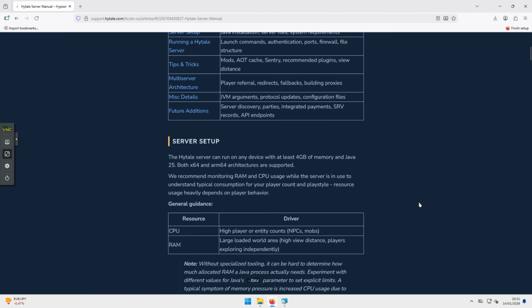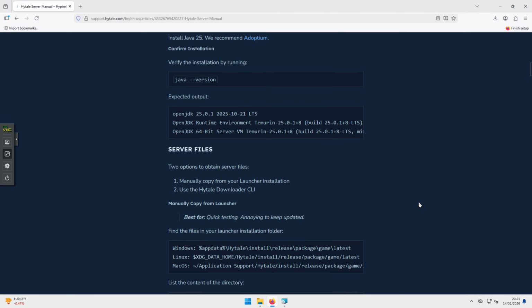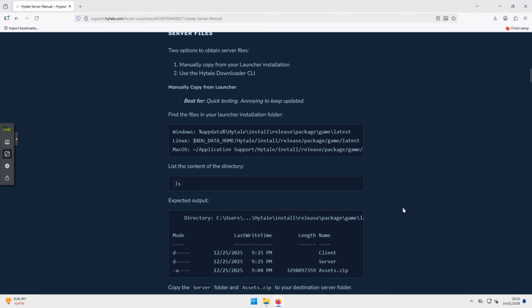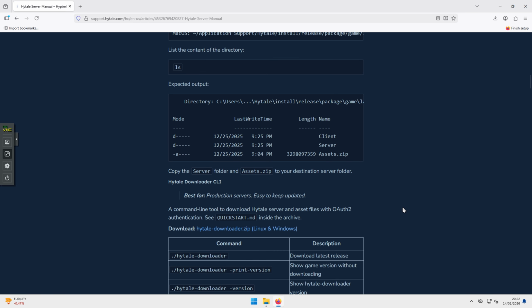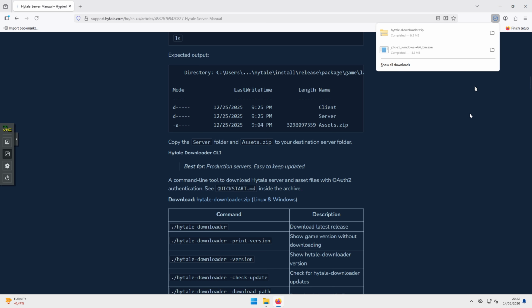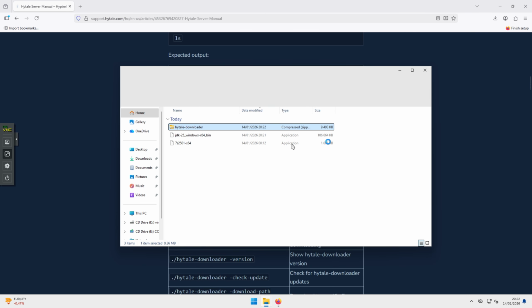So now what we are going to do is we need to download the server downloader. There are two ways of doing this. It's either by copying it from your launcher. I don't have a launcher here, so I can't do that. Also, I have not done it this way. I just scrolled a bit down here to the HYTALE downloader CLI, and here there is the HYTALE downloader.zip, which I just downloaded. So we take this file,